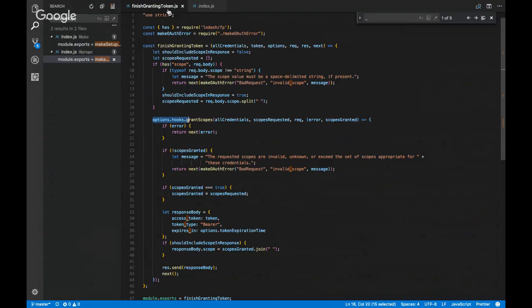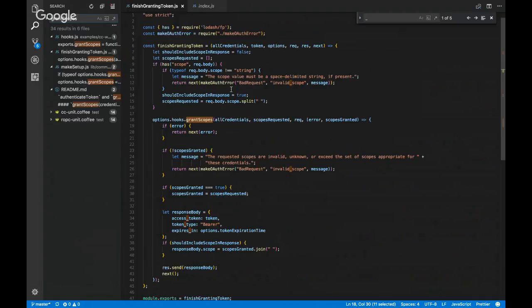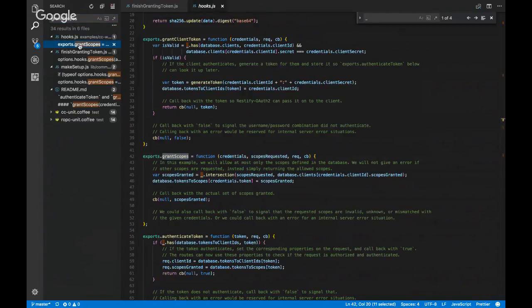So based on the grant type. Okay. Based on the grant types. Okay, so this particular function